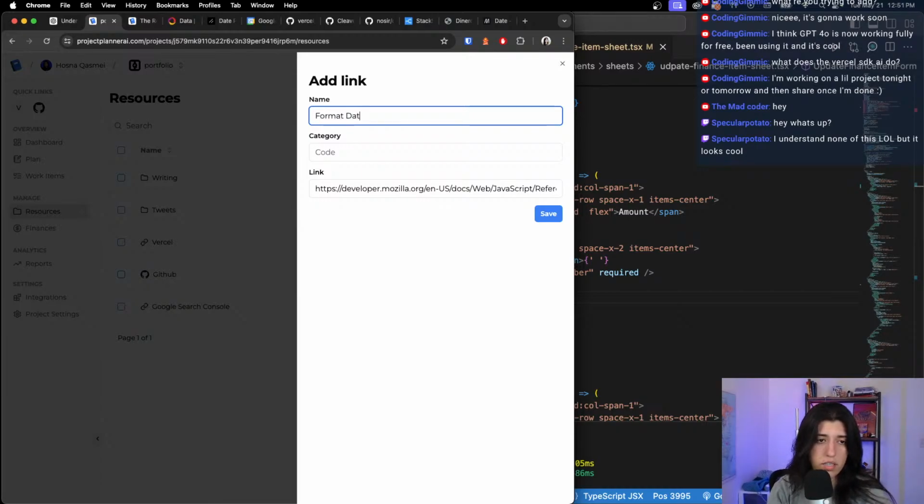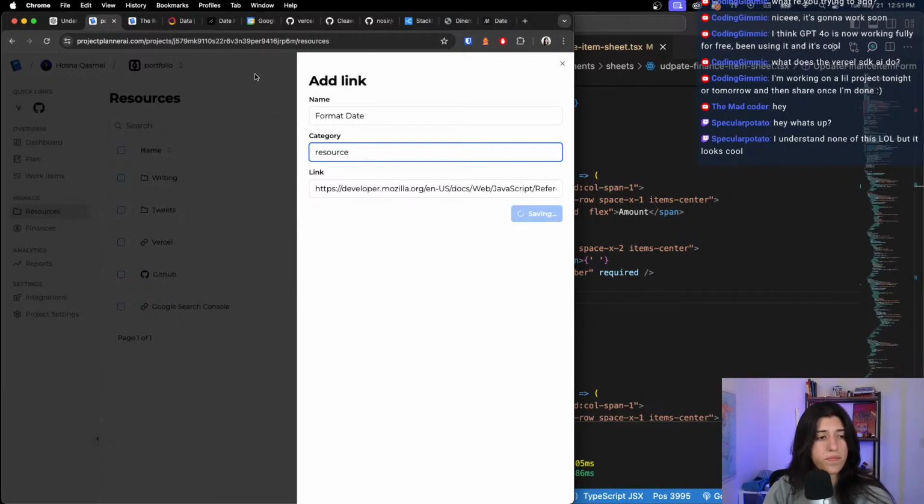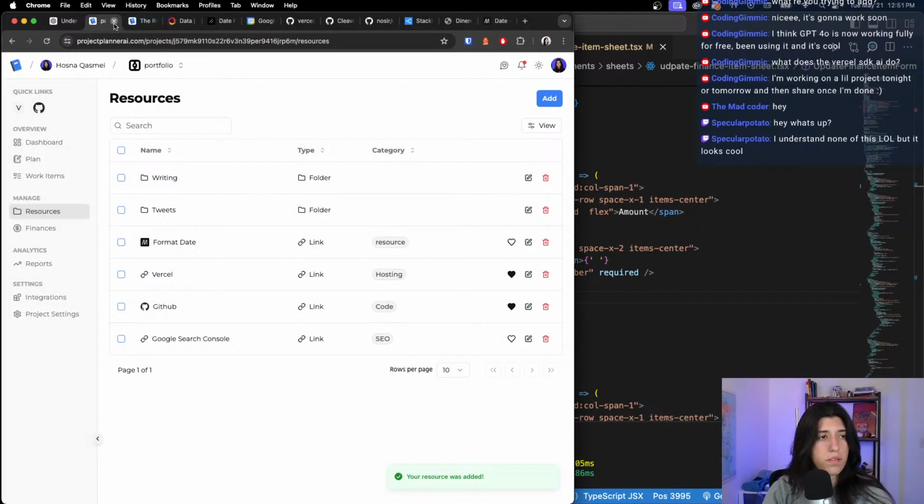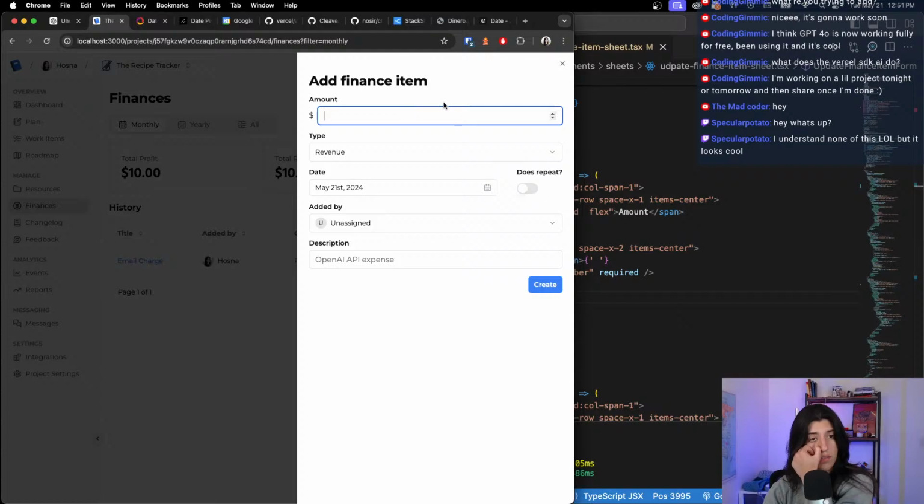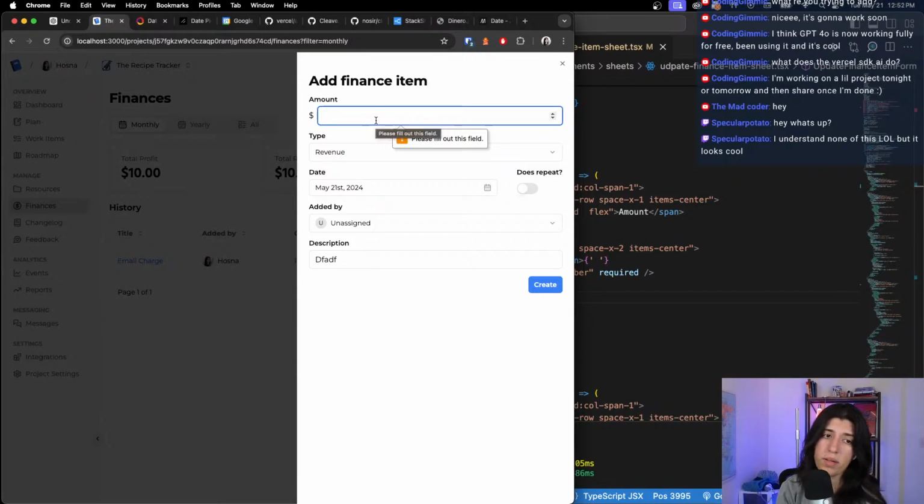Format page resource. Okay, I need to fix this. But now this says it's required. Okay, that's good at least. So maybe I have to create a custom input that has the symbol inside of it. Probably have to do that, or find another library, or see what's wrong with the